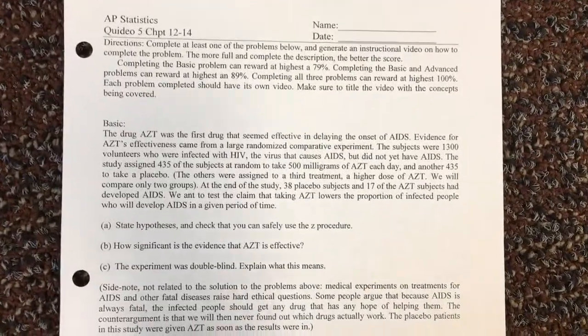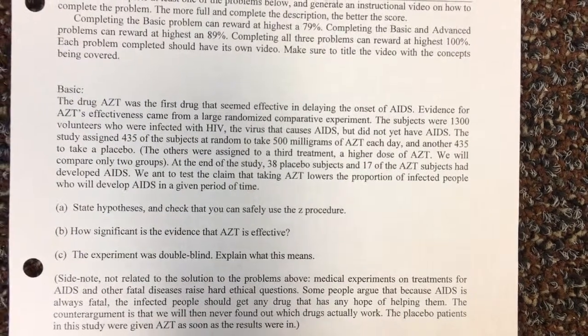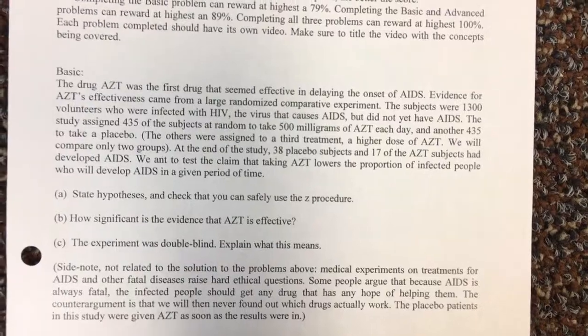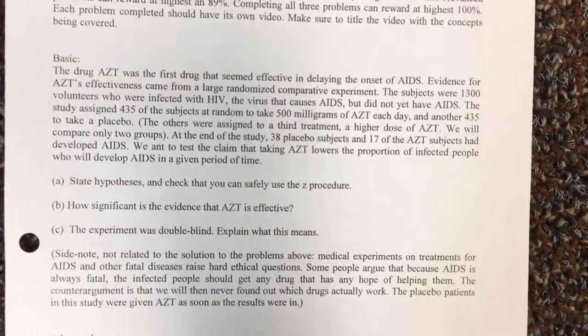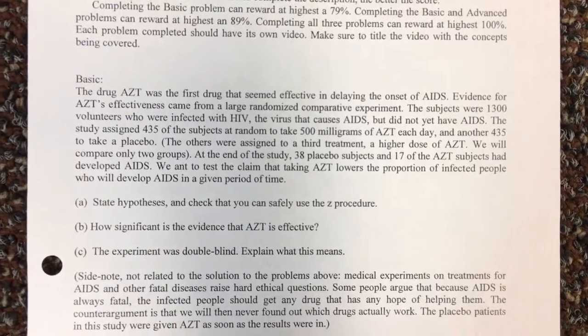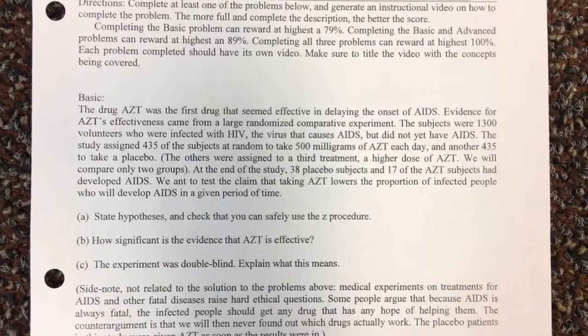This is the basic problem for the quiz. It says the drug AZT was the first drug that seemed effective in delaying the onset of AIDS. Evidence for AZT's effectiveness came from a large randomized comparative experiment. The subjects were 1,300 volunteers who were infected with HIV, the virus that causes AIDS, but did not yet have